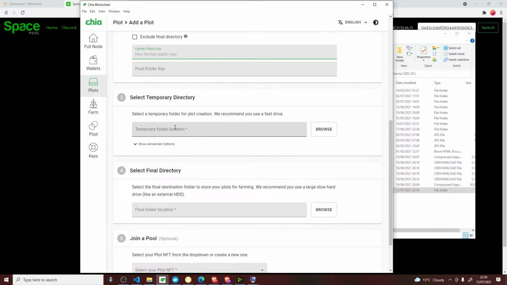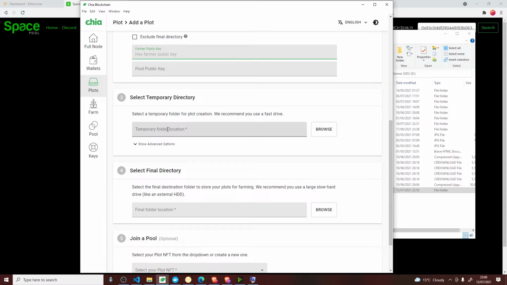Temporary directory is where you want the plot creation. Typically most people will use an NVMe drive because of the speed. However, it will affect the life of the NVMe drive if it's not an expensive one. Some people have suggested maybe doing it direct to RAM, but you would need 128 gigabytes of RAM.